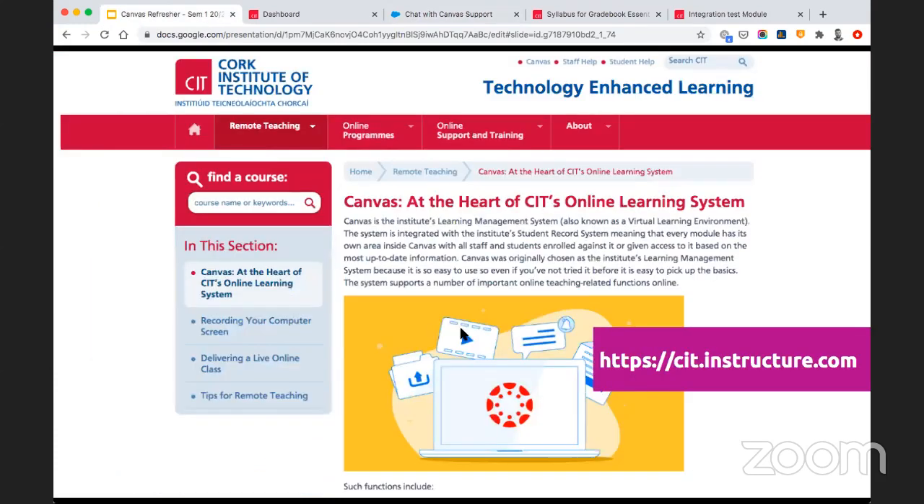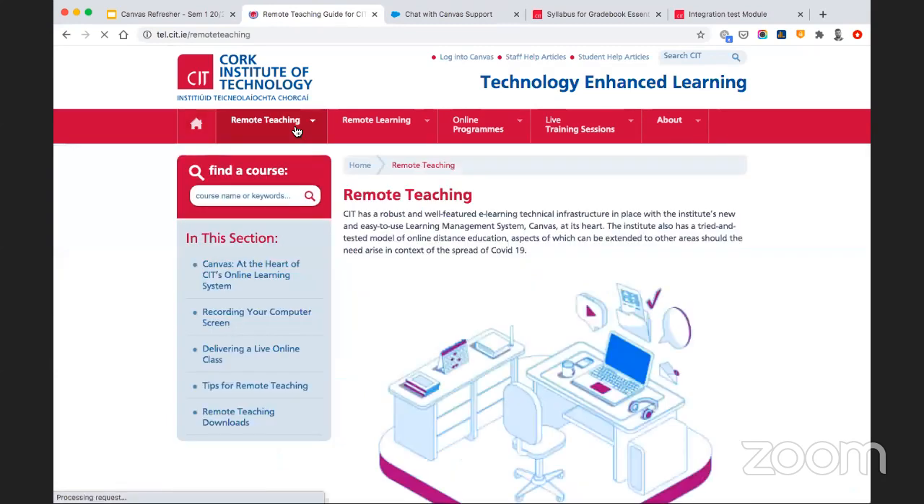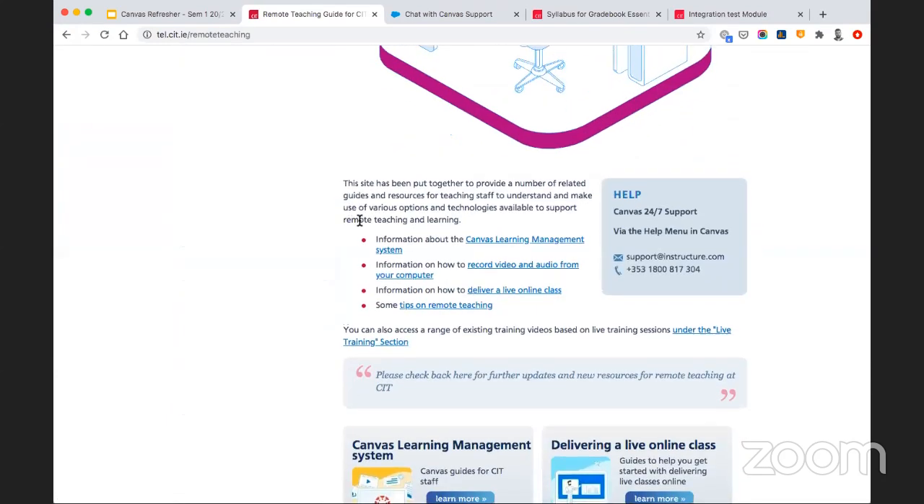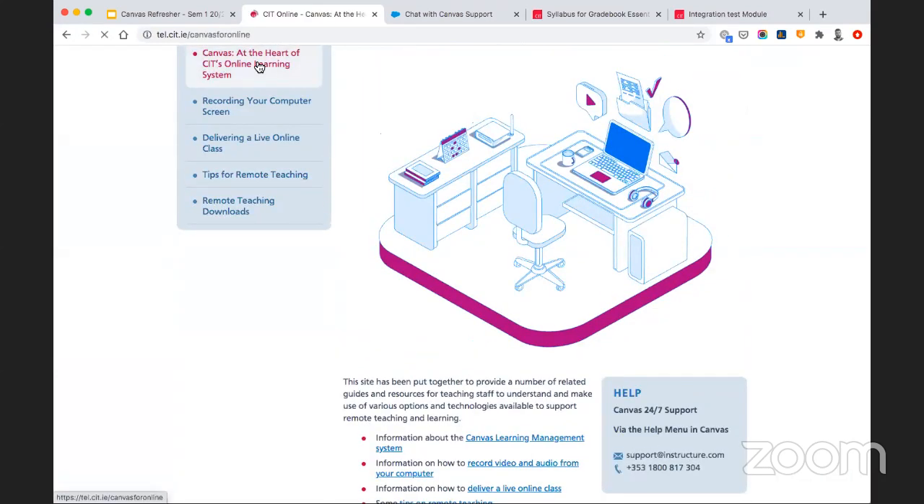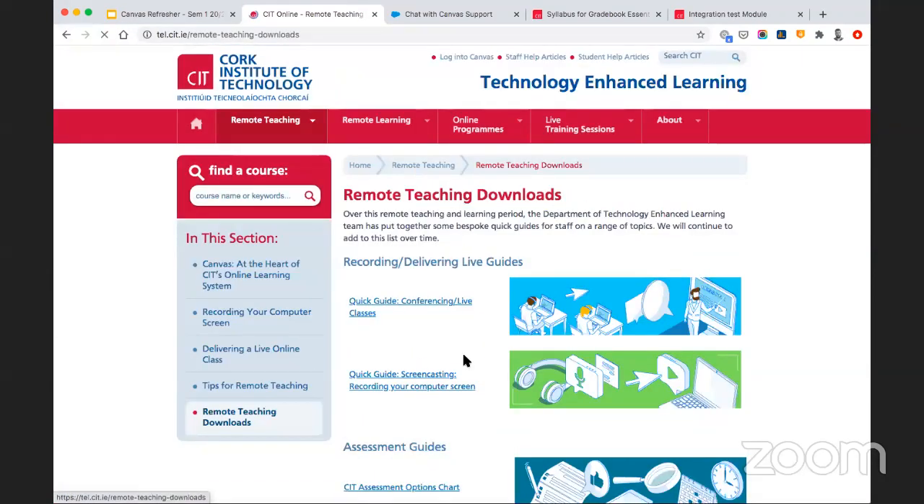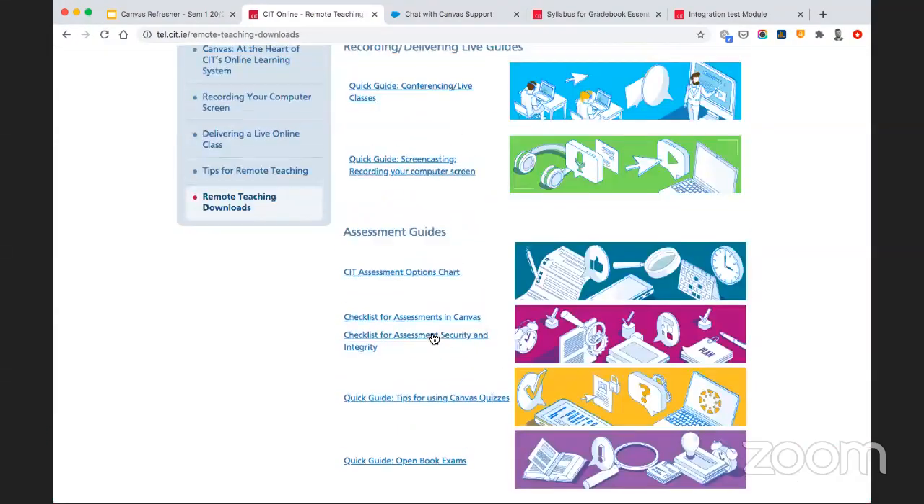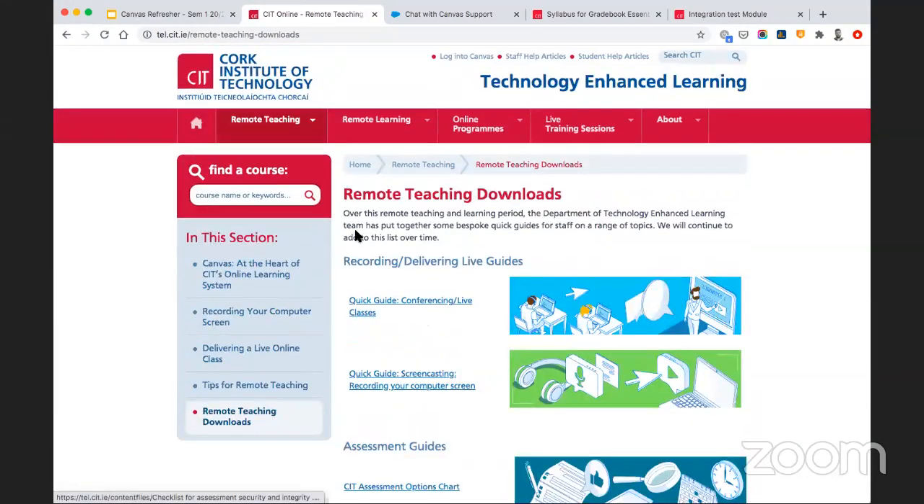In addition to that, if you go to not cit.instructure.com, but if you go to tel.cit.ie, we have a huge amount of resources there, which you can make use of. So tel.cit.ie. And if you click into the remote teaching area, we have a range of different Canvas resources available here. In particular, what might be of use to you is if you go into remote teaching downloads, there's a number of items inside there, which are printable PDFs that you can use to help support